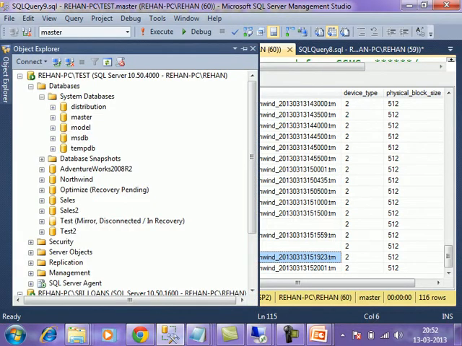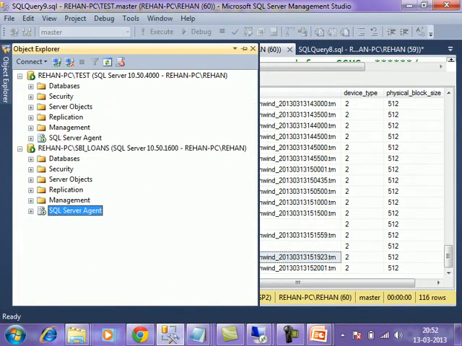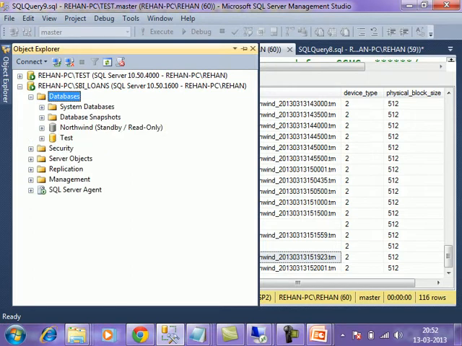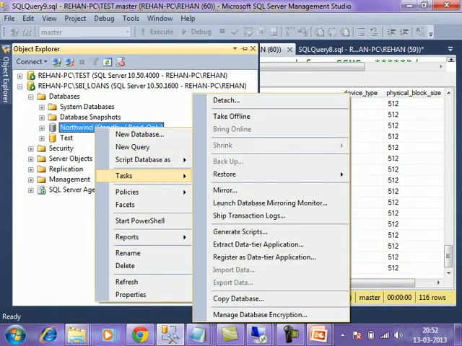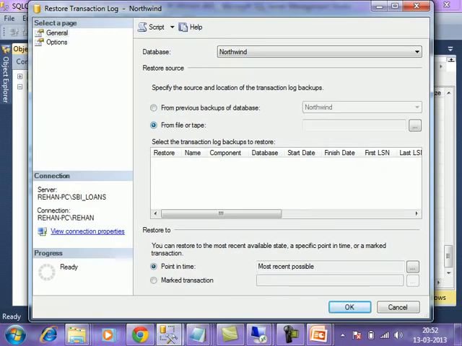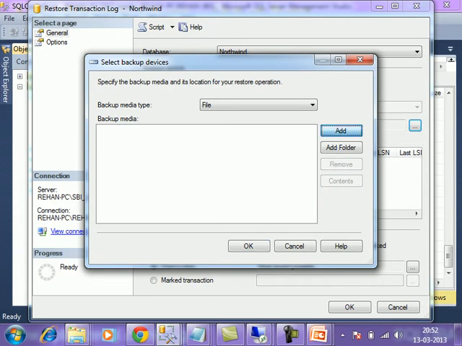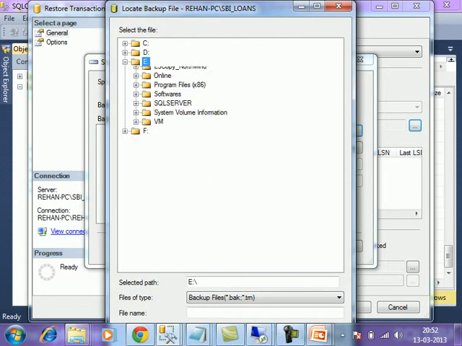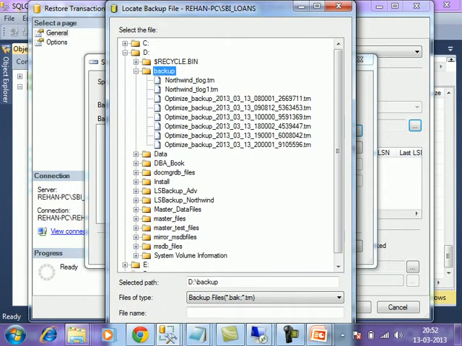Observe, manually we have to copy paste actually, but I am working in the same machine for practice purpose. Directly I can access the same file from here also. So go to that folder, D backup. This is a different machine. First we have to copy paste through the network, then we have to apply.